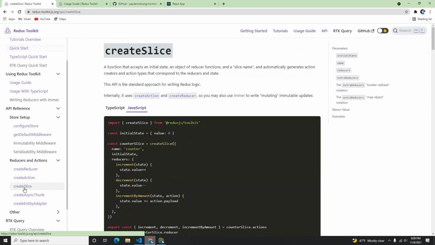If you go to createSlice here, it says that it's a function that accepts the initial state. When we create something called createSlice, which is provided by Redux Toolkit, it takes the name, initial state, and the reducers. We need to give a name to the slice, and it automatically generates the action creator and action type. When we use reducers here, it automatically creates the action type and also an action creator as well, and this will also give you a benefit here. One more thing is